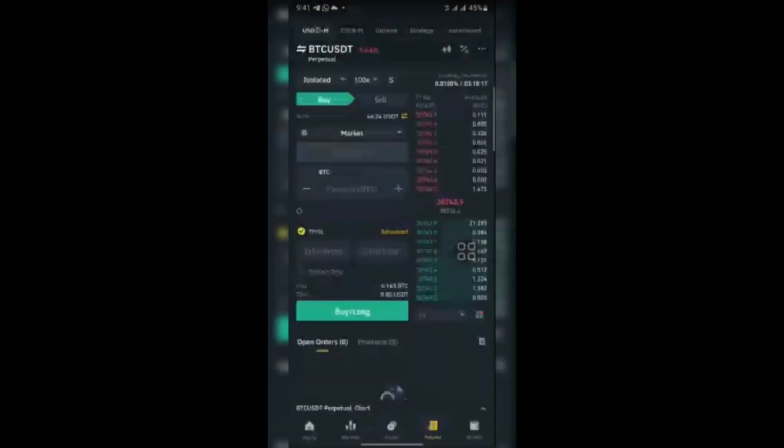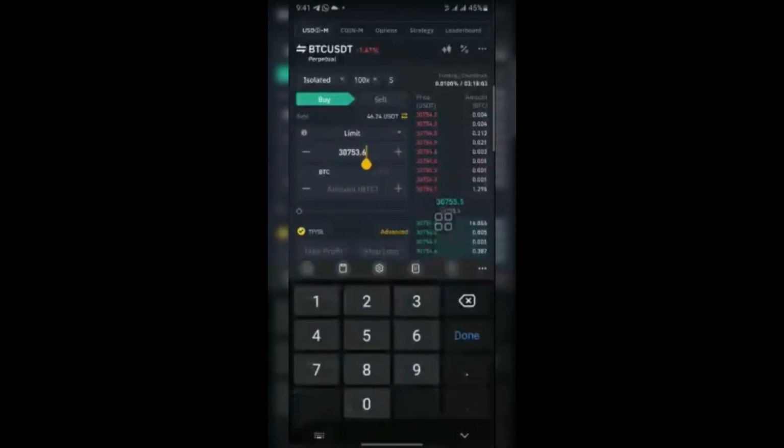Can you see? It doesn't bring anything again. It just wants you to place how much you want to use to enter the trade. Can you see? But if you click on limit now, it will ask you at what price. So you edit it: I want to enter the market at 31,000. Do you understand? So you leave this one in BTC. Nothing concerns you. Leave it in BTC.